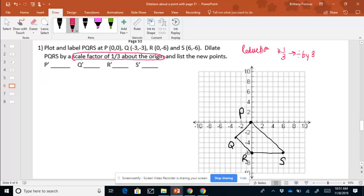And it is rare to get a decimal for a point to plot. So everything should be a solid whole number to plot those values. So for P, now I'm going to show some work down here. You don't have to. Obviously, you don't have a lot of space. So for P, I'm at 0, 0. So if I divide those by 3, we still get